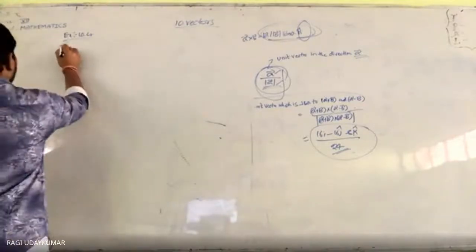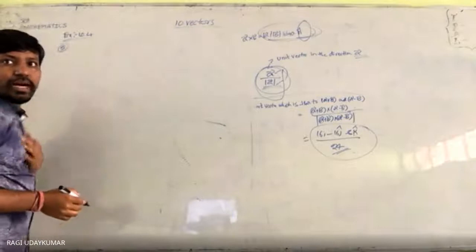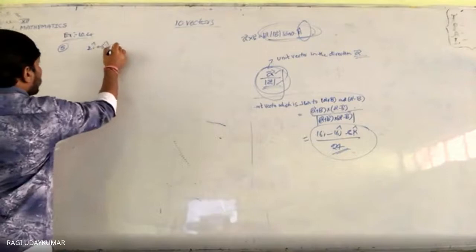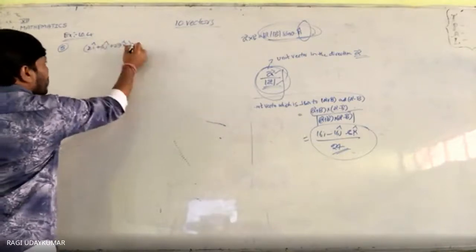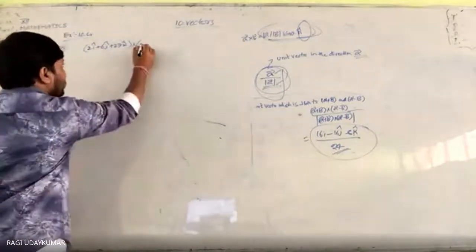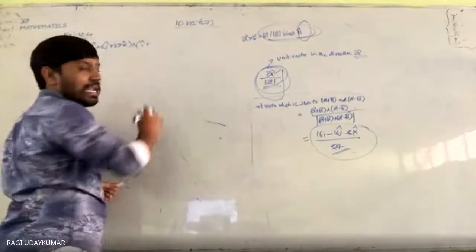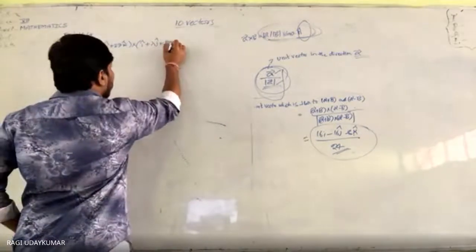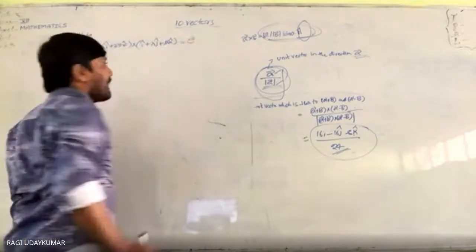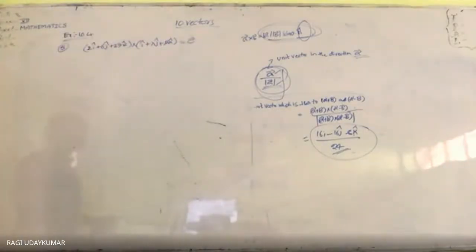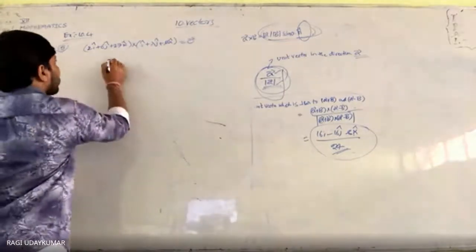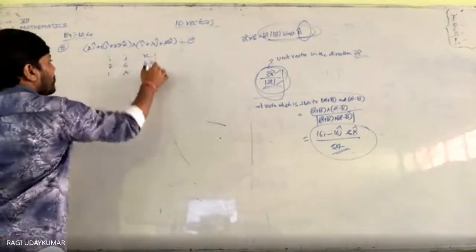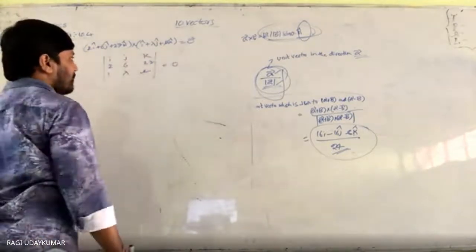Fifth one. The question is given to you: 2i + 6j + 27k cross product with i + λj + μk is equal to the zero vector. So for the cross product, generally we take the determinant with i, j, k; 2, 6, 27; 1, λ, μ, and set it equal to the zero vector.